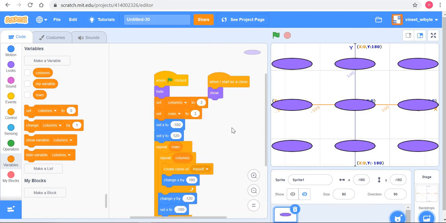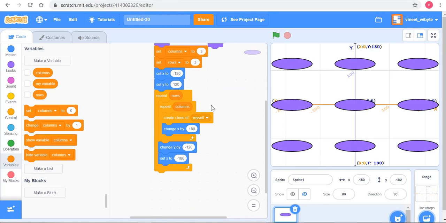I strongly recommend that you write this code yourself and experiment with it, right? Try, for example, different x separation, different y separation, different kinds of grids. We will use this in some form or the other. You will always need this in any kind of programming that you're doing, right? So this is important. Please try to get a hang of this dual repeat loops.